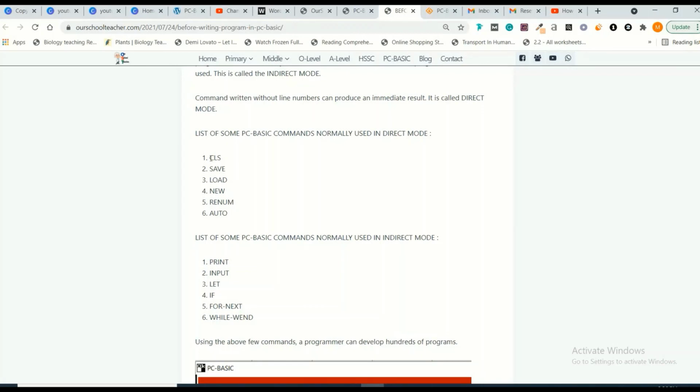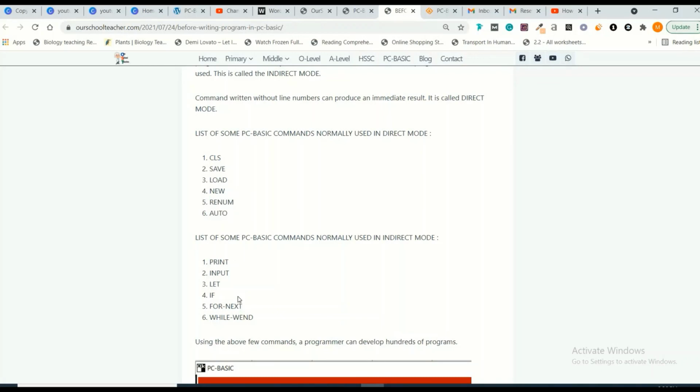These are the commands which are normally used without line number, and the CLS command can be used with a line number also, but save, load, new, renum and auto are not programming commands. They are used to save your file, to load your file, to start a new program, and to set line numbers. Renum and auto are related to line numbers.